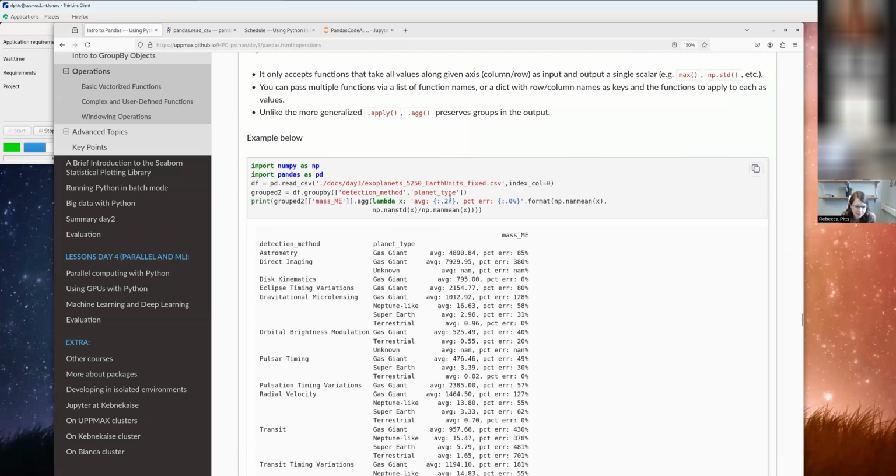So in this case, what I'm doing is I'm using ag to essentially apply and format two aggregating functions at the same time, and output them as strings, properly formatted. And then I'm applying it to this group by object where I've grouped by both detection method and planet type, and then